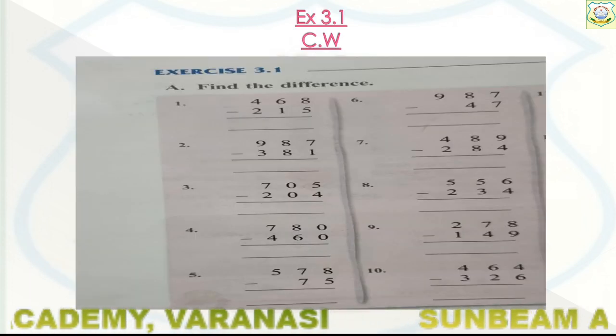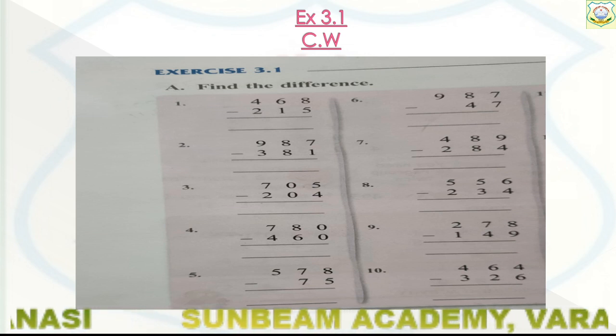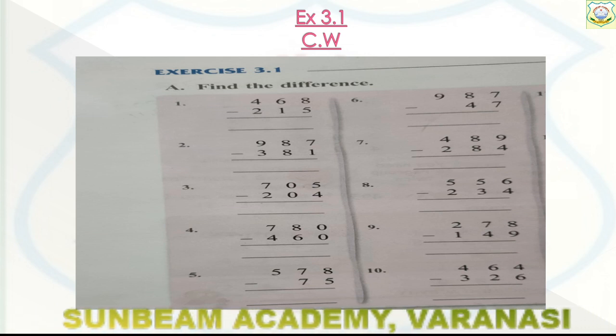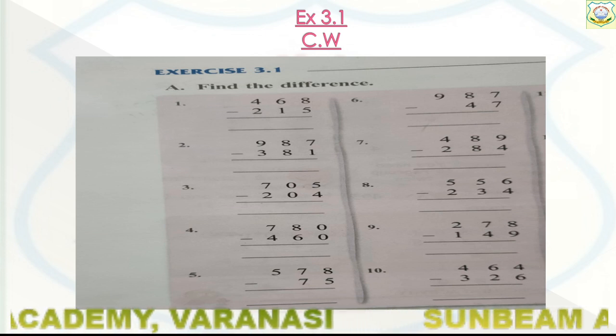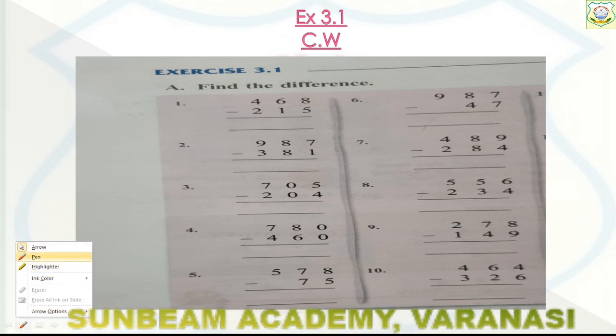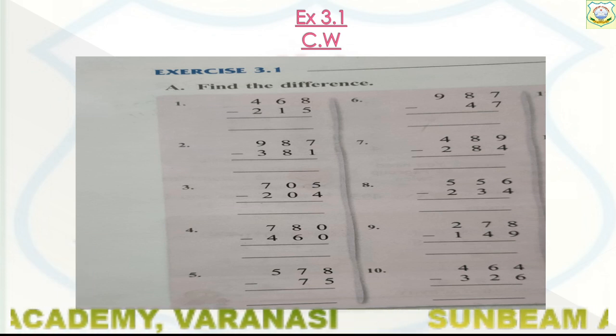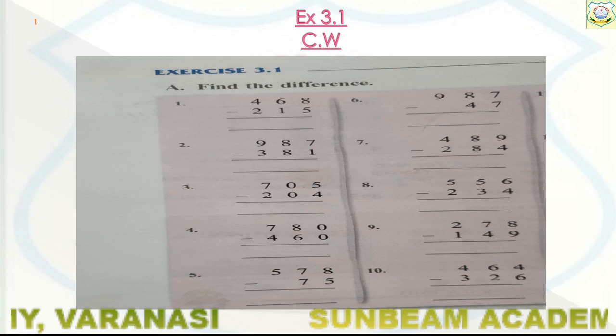Now all of you take out your page number 48. See, today we have to do page number 48, exercise 3.1. Now students, here also you have to mention the date. Okay. Now write down here at the corner or anywhere you can write the date.